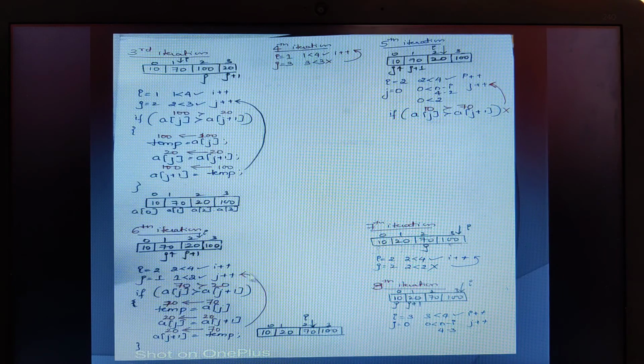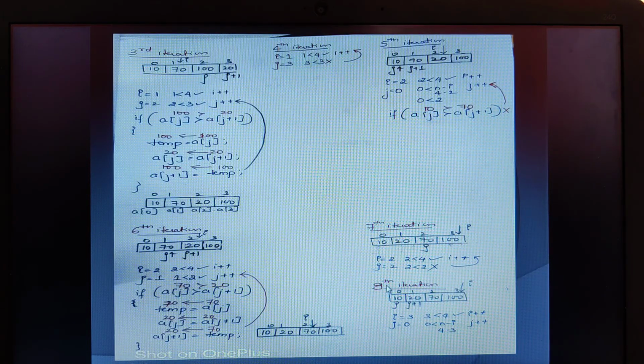After this, j gets incremented. Once the j gets incremented to the 7th iteration, what happens here? I remains as it is. I is equal to 2, 2 less than 4, I plus plus. J becomes 2. J starts pointing to the second location because it was incremented. So if j is pointing to the second location, as per the condition, 2 is less than 2, children, the condition fails. On condition fail, we are incrementing the outer loop, that is I loop we are incrementing.